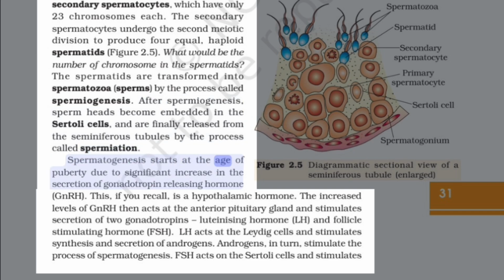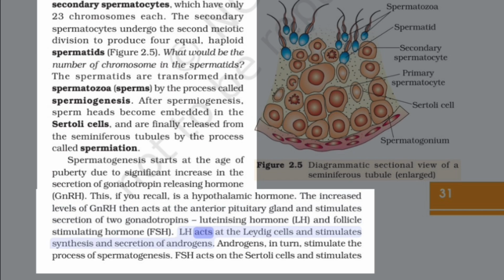Spermatogenesis starts at the age of puberty due to a significant increase in the secretion of gonadotropin-releasing hormone, GnRH. This, if you recall, is a hypothalamic hormone. The increased levels of GnRH then act at the anterior pituitary gland and stimulate secretion of 2 gonadotropins, luteinizing hormone, LH, and follicle-stimulating hormone,